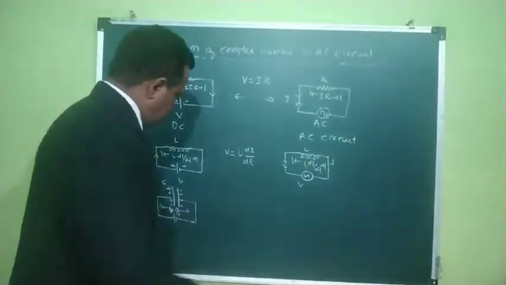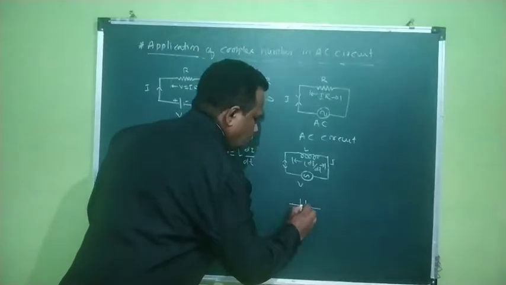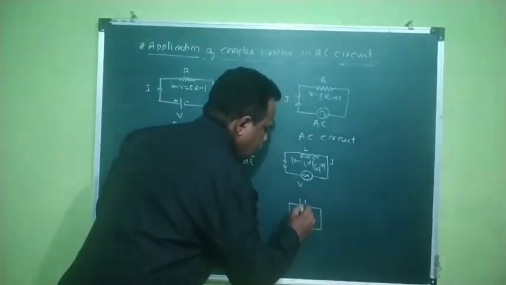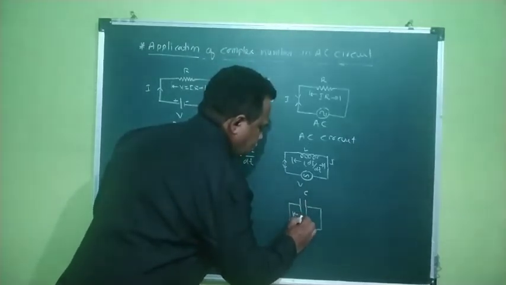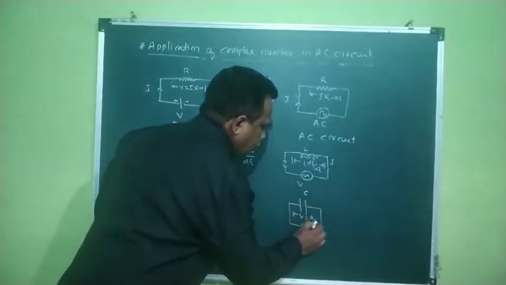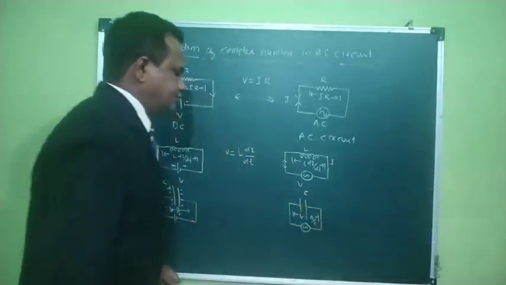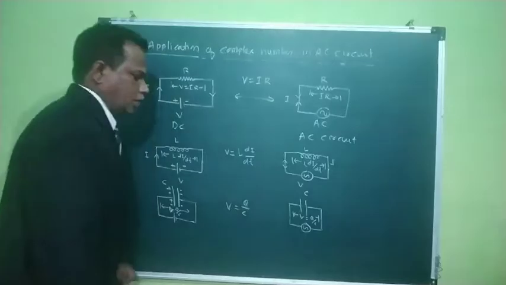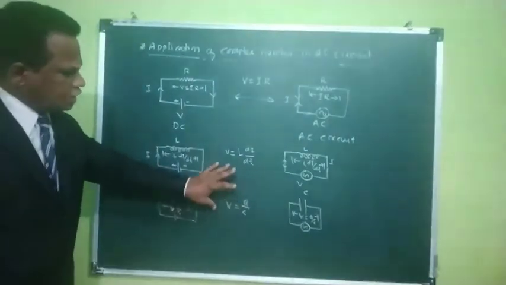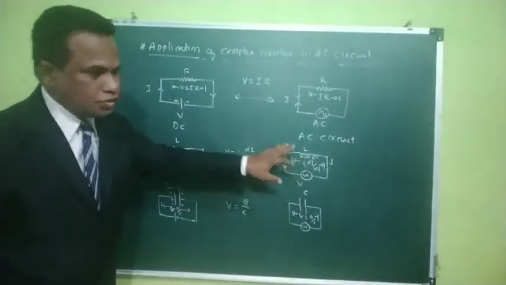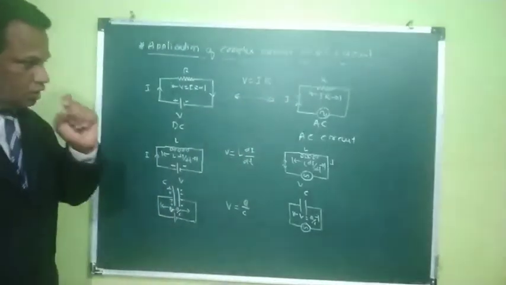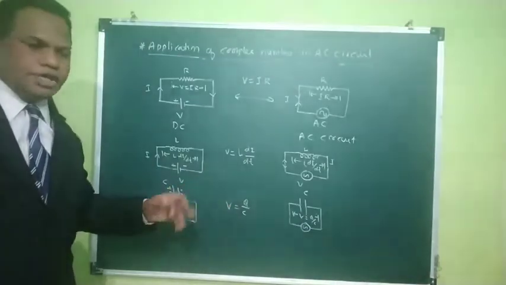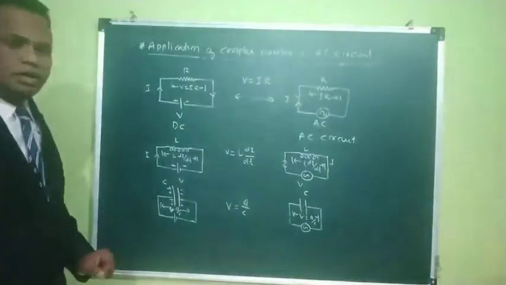Similarly, the case is obtained here. You can apply the voltage across this capacitor. Then AC voltage is applied here. C is the capacity. The capacitor voltage is given by V is equal to Q divided by C. Okay. Whatever you apply, the voltages across the capacitor, voltage across the inductance, voltage across the resistance, this is a simple way. By using these equations, one can solve how much current is flowing in the circuit.